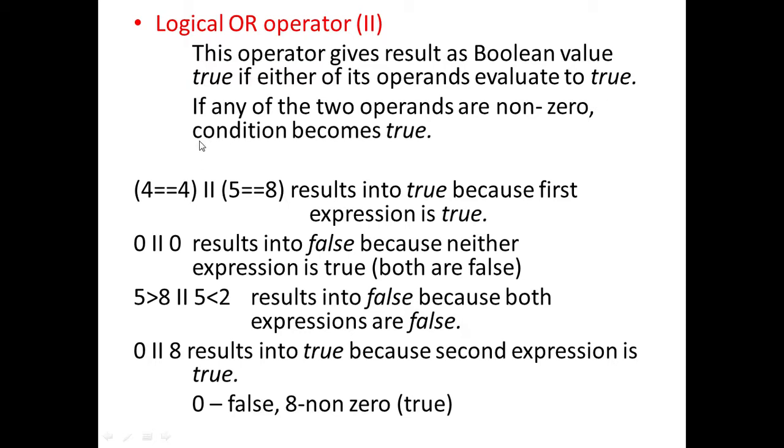Now one more thing, 0 and other numbers. If 0 is written like this, 0 and then or then 8, so 0 means false. 0 means false, and non-zero numbers 1, 2, 3, 4, 5, 6, they mean true. Okay, now we can check it. This one, 4 equal to 4. Tell me, is 4 equal to 4?